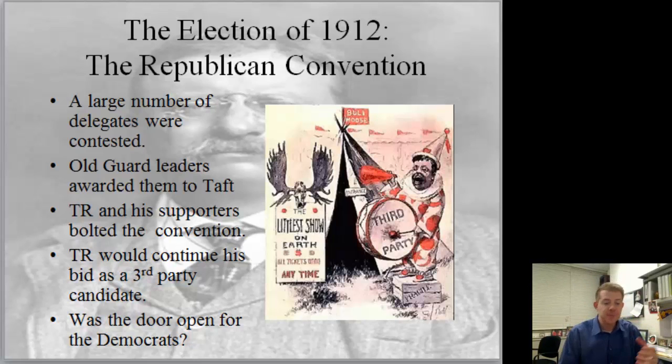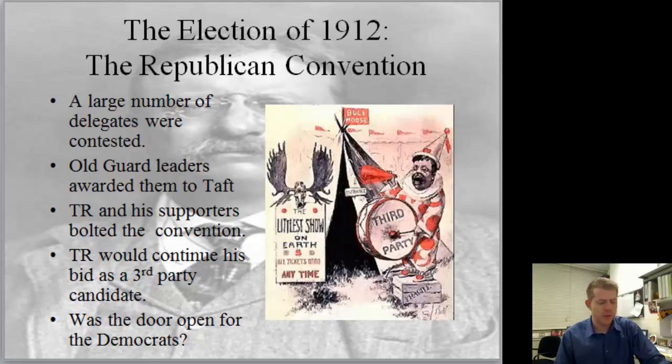So in this case, you have William Howard Taft, and the old guard Republicans are supporting him. And then you have Teddy Roosevelt, a former president, a very popular president, who's challenging him for the Republican nomination. You have the Republicans kind of fighting with one another over who they want. If the Democrats can just show strength behind one person, they look stronger, they look more stable. And so what ends up happening in the Republican convention is that Teddy Roosevelt's supporters are angry because Taft gets the nomination. And Teddy Roosevelt and his supporters walk out of the convention.